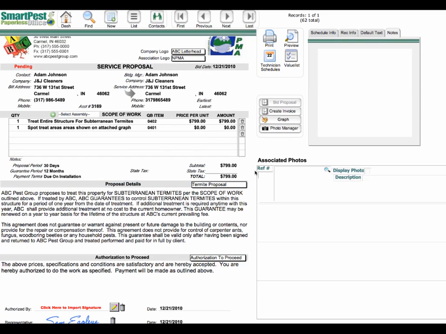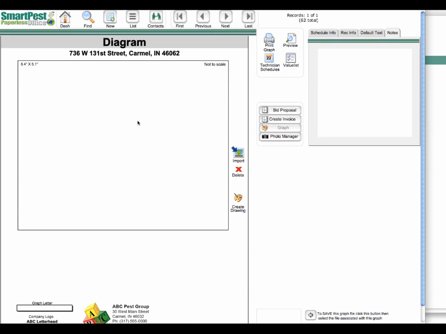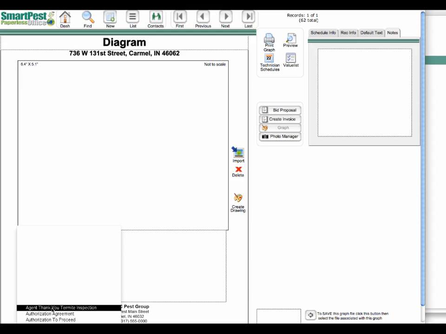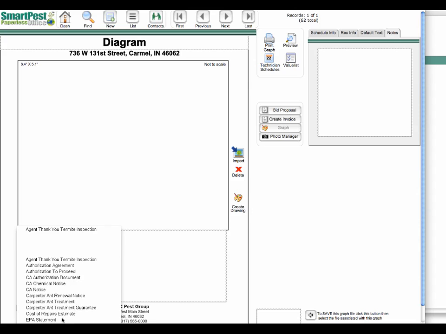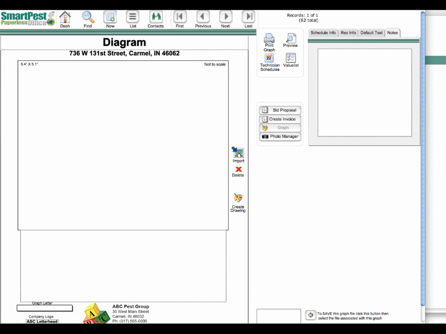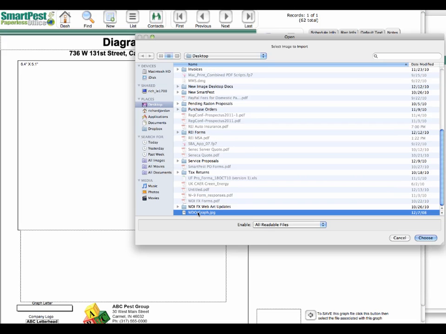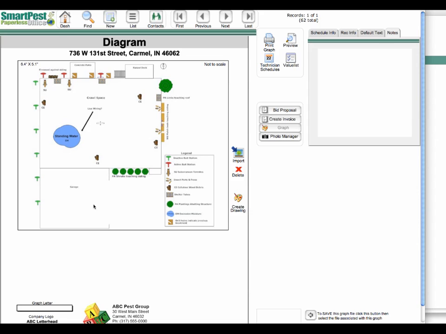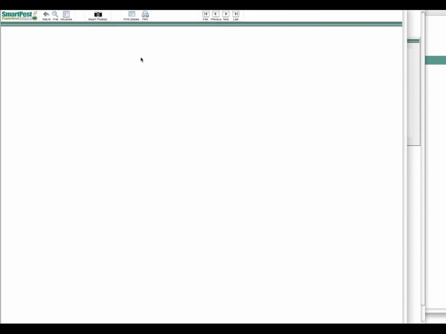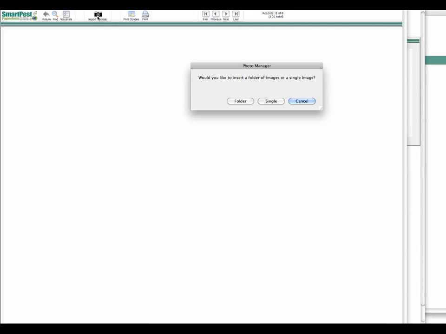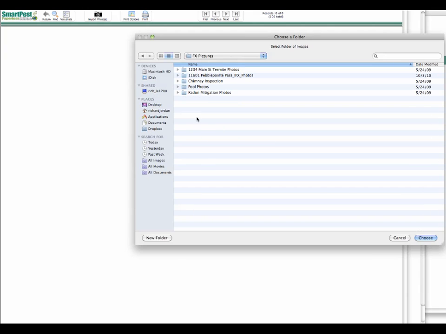We can also come over to the graph. If we've created a graph, we can add that. We also have a graph letter. So if you have some standard language you always want to put underneath your letter, you can. In this case, I'm just going to leave it blank. So to import our graph, we click the Import button, select our drawing, to our container field here, go to our Photo Manager, select our photos,